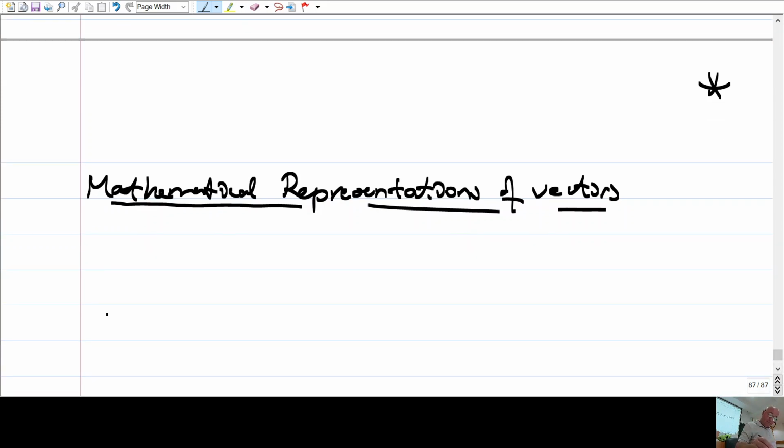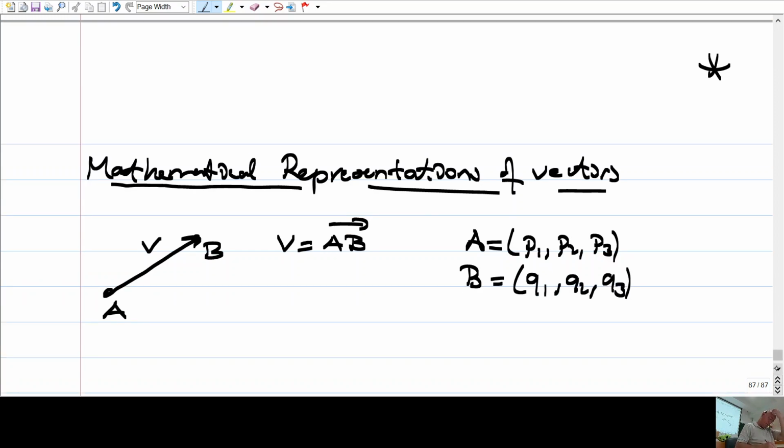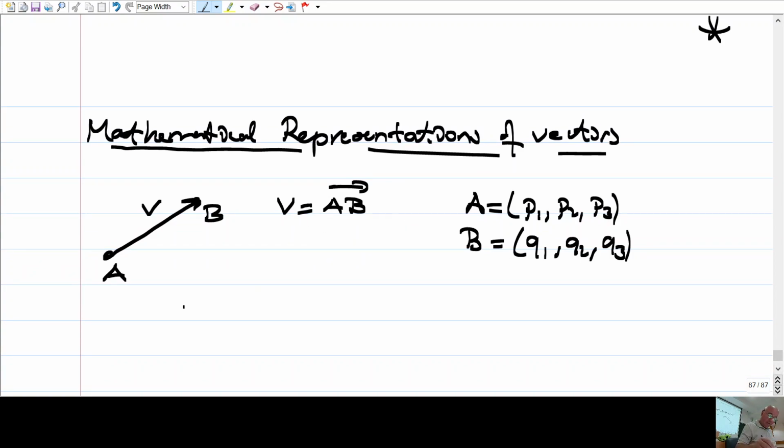Now, if we, for example, have a vector V from a point A to another point B, and suppose that A has coordinates P1, P2, P3, and B has coordinates Q1, Q2, Q3, okay? Then V is represented by the triple